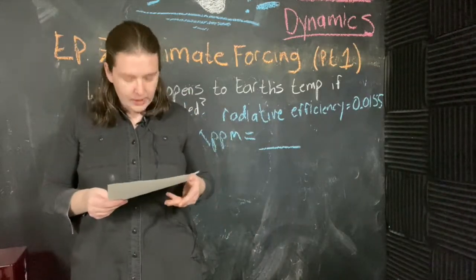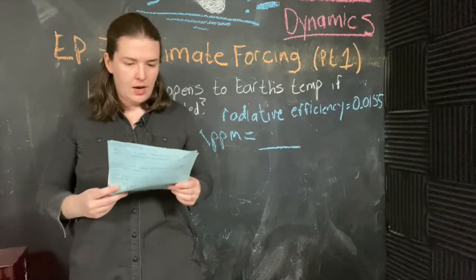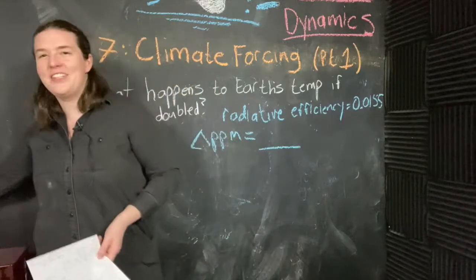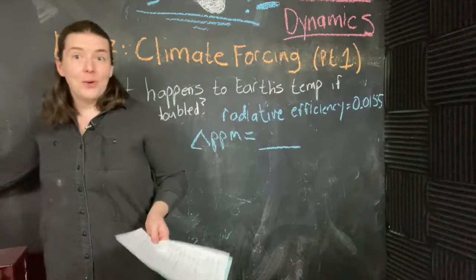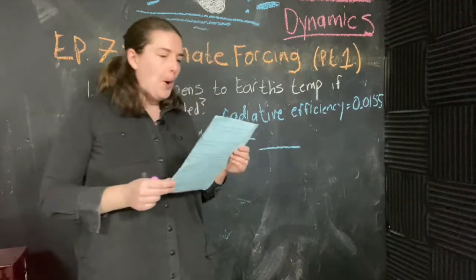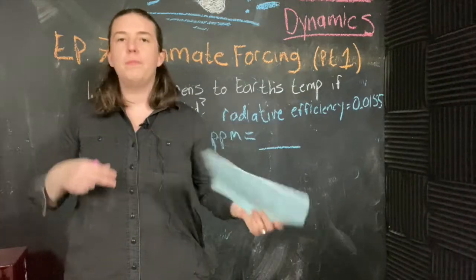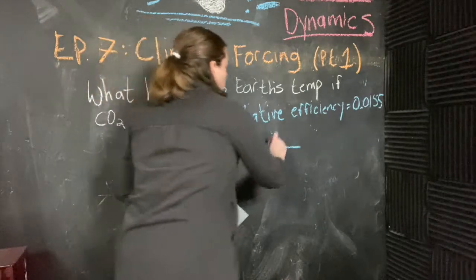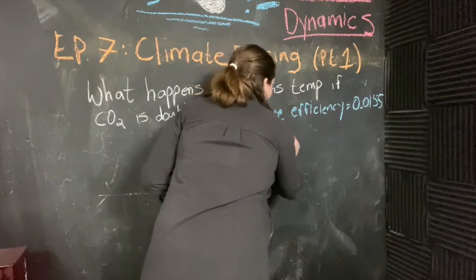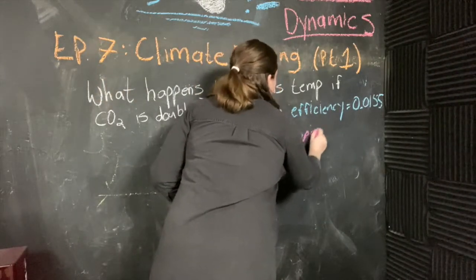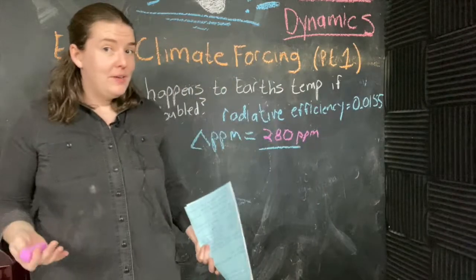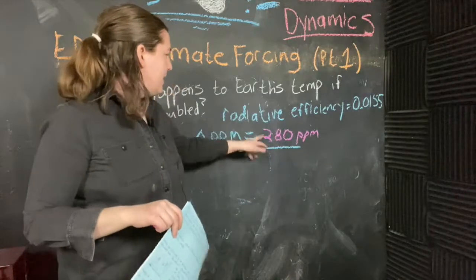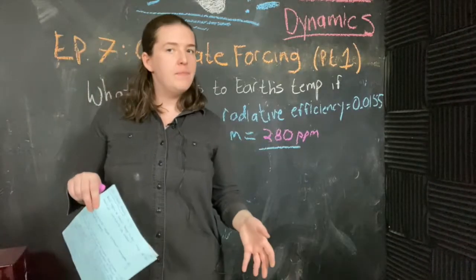The number we're going to get, I grabbed from a NASA website. I will link it in the description so you guys can know I'm not lying. And so it says that our pre-industrial revolution levels of carbon dioxide were 280 parts per million. So if we were going to double it, to get to 560,